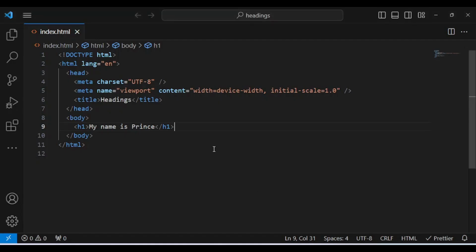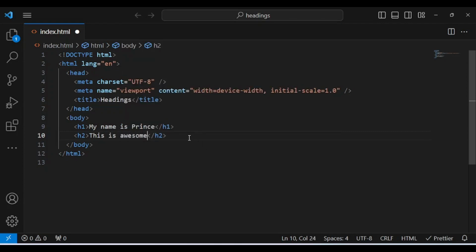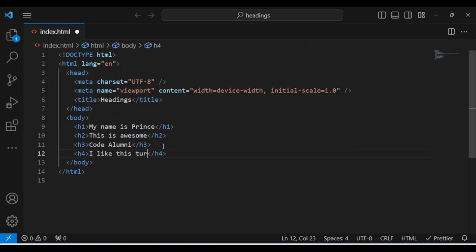So, is that all? No, we have from heading 1 to heading 6, which we'll be adding now, and you're going to tell me the differences before I tell you what the differences are. So let me quickly add heading 2, and then I can say this is awesome. Then I should just be adding heading 3 also, which is code alumni, and then heading 4, which says I like this tutorial,